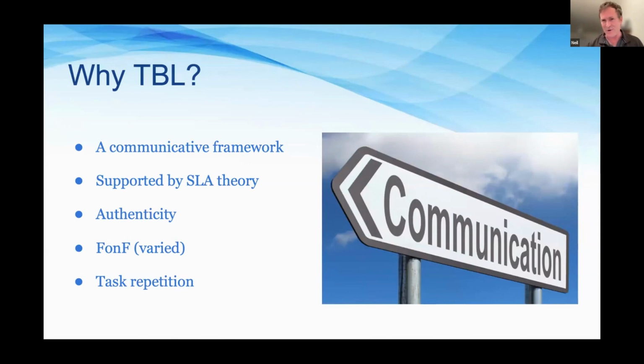Task-based learning is supported by second language acquisition theory. It's probably the most researched method, and there are a lot of experts who support task-based learning, like Rod Ellis and the late Mike Long. One of the things that task-based learning does is that it helps to enlist the unconscious processes of second language acquisition.